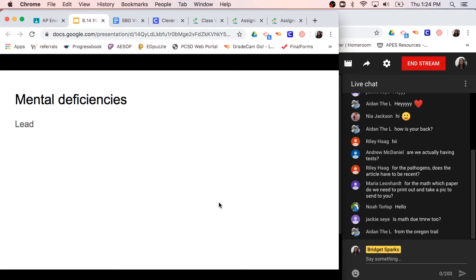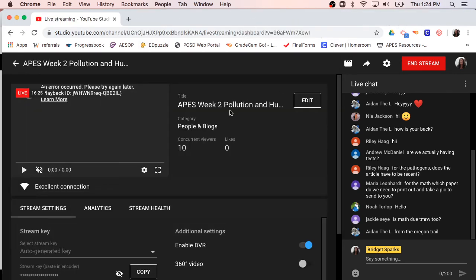And that really, guys, is the main part of human health and pollution. We can link it back. The common things we look at are the cancers, dysentery, the mental deficiencies, and the respiratory problems. And so this is kind of a shorter standard, but yay for you guys for shorter standards.